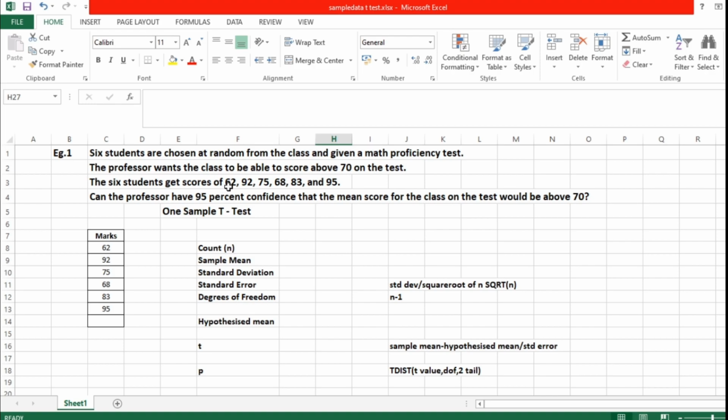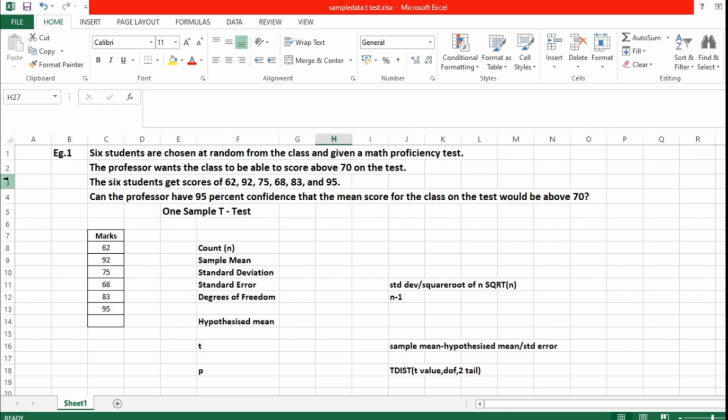The 6 students get scores of 62, 92, 75, 68, 83 and 95 respectively. So what we are going to find out: can the professor have 95% confidence that the mean score for the class on the test would be above 70? So 70 is the hypothesized mean. He is expecting, after conducting the proficiency test, the 6 students can get above 70 or lesser than 70.